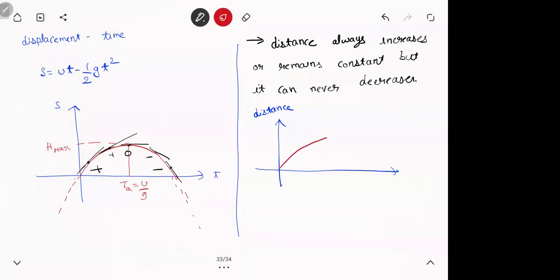Now it will look exactly like the displacement graph, but this is the difference. Displacement will go down, no? But distance will increase, so you just need to put a mirror image. Whatever the displacement is going down, same amount it will go up. So it just looks like a mirror image of the displacement graph. So this is how the distance graph looks like. That was all we had to do. You take the displacement time graph and whichever is going down, turn it up. So like a mirror image. So the distance time graph will look of that sort. It should never decrease. That is the main condition. Put it down. Distance always increases or worst case remains constant.